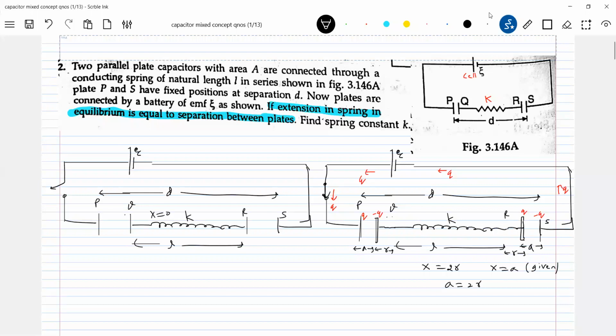Think it over once. So what actually happens here? There is a spring force acting like this, Kx. Then on the other side there will be the electrostatic force. Similarly, on the other plate also it should act. I'm just showing it only on the plates R and Q. The other plate will be fixed rigidly to something, so let's not bother about the other plate. On the other plate also a force will be acting.